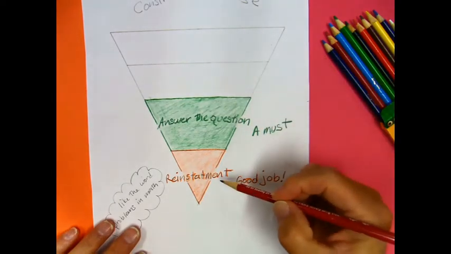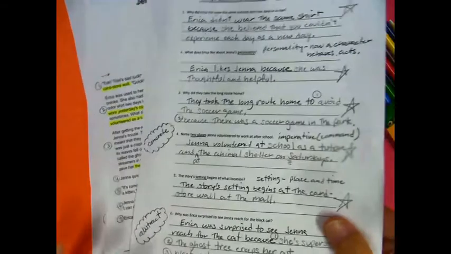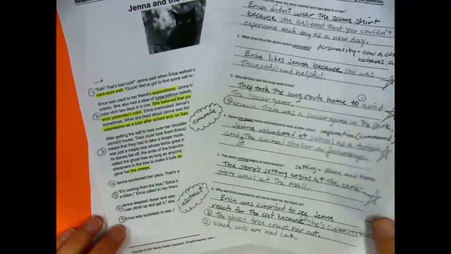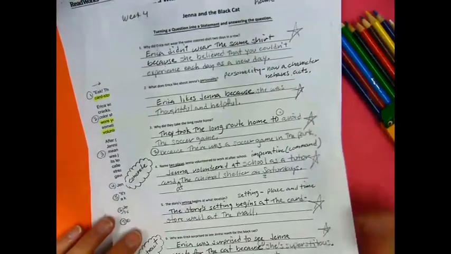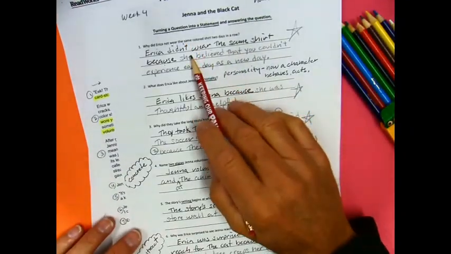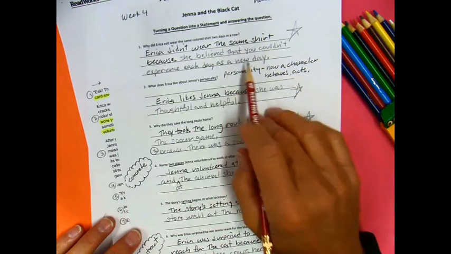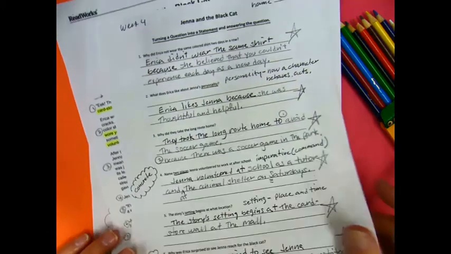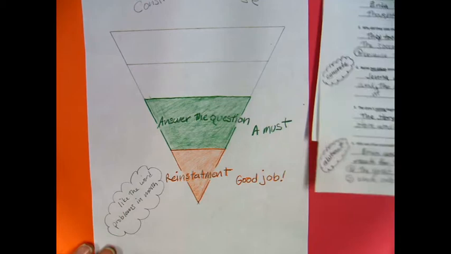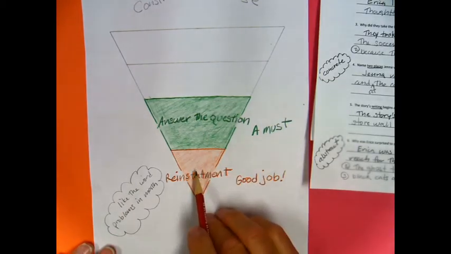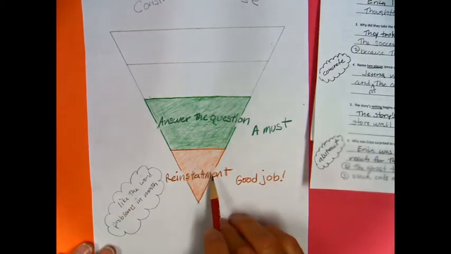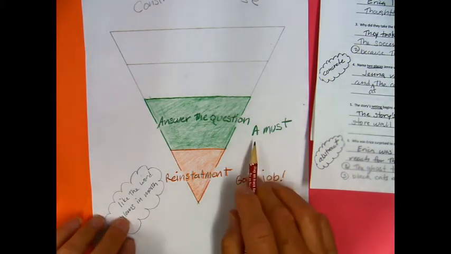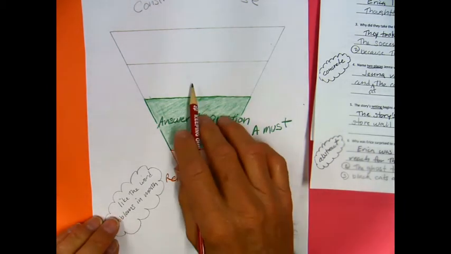So, we do a restatement. We were using this exercise with Jenna and the black cat. We're going to use the same exercise. We turned our questions into statements, and then we answered the question. And that was the first part. That was these first 2 parts. If you did a restatement, good job. If you answered a question, that's a must. The next one is